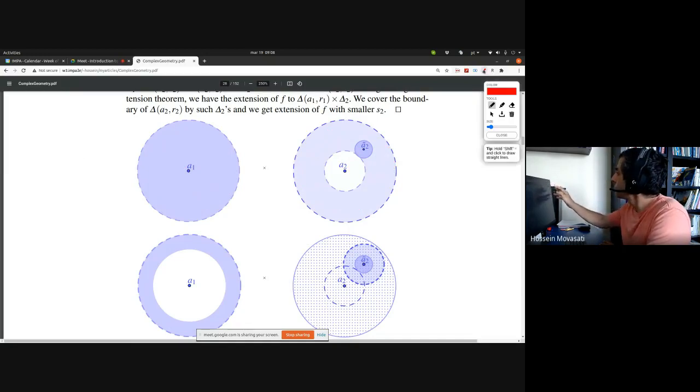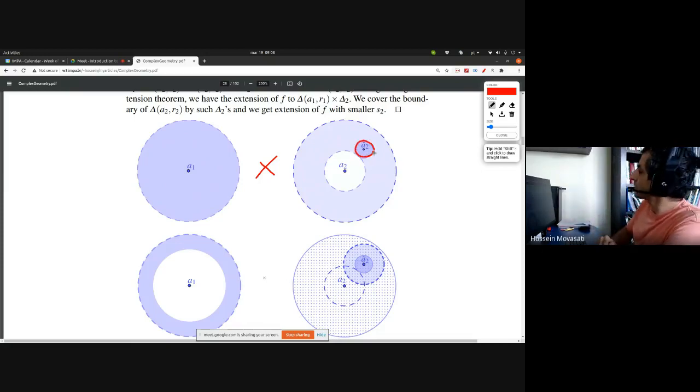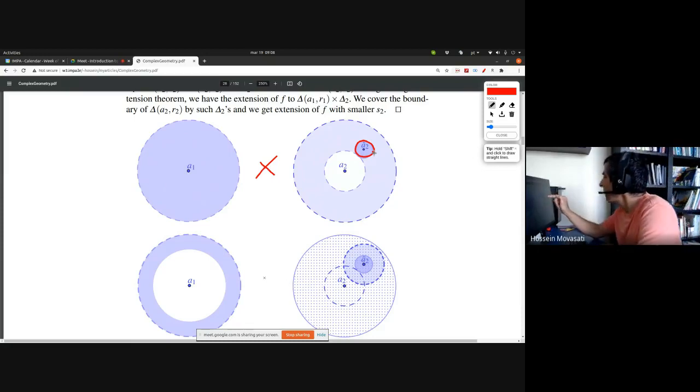Anyway, so I have a function which is defined in this product. In order to apply the Hartogs extension theorem, I will take two small disks here. First, one small disk which is already in this ring-type shape, and the other one intersecting this white region. My objective is to extend my holomorphic function to this white region. So now we can apply